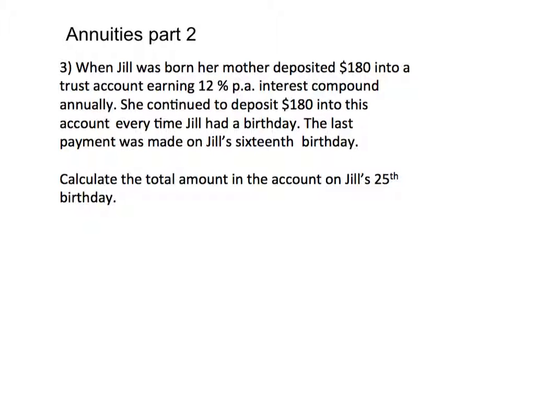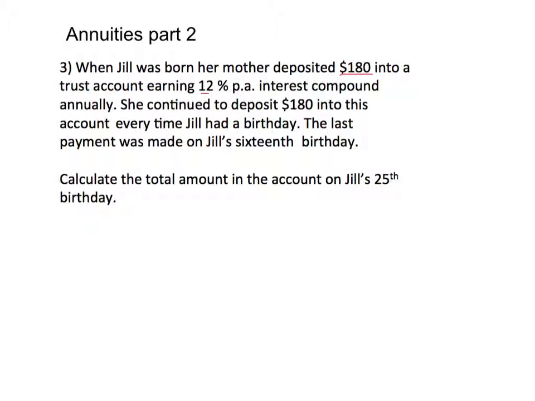All right, part 2 of our annuities examples. So we had example 1 and 2 in part 1, and now we've just got 2 more examples which are just slightly harder. So in this example here, we have when Jill was born, her mother deposited $180 into her